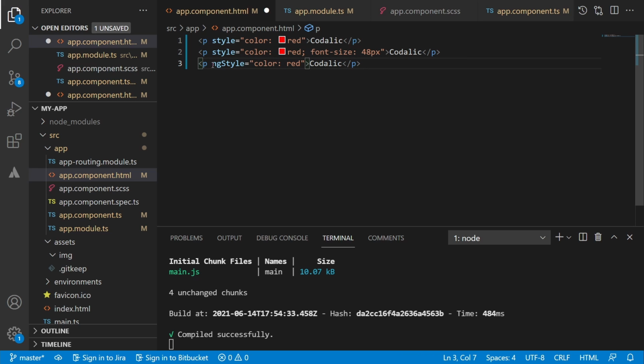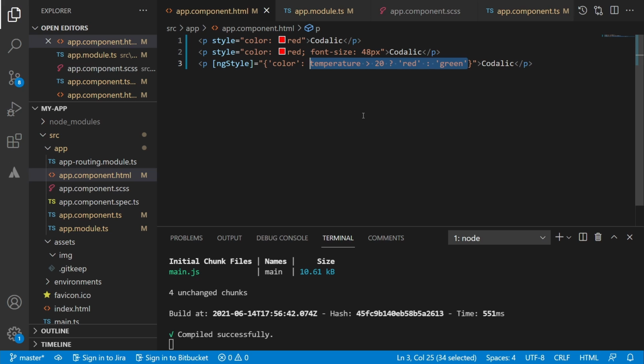So for that we have to use the ngStyle directive, and we will also have to use the syntax of property binding. In this case it will take an object, so we will have to enclose everything within curly braces, and as color is the CSS property that we want to change, then we have to enclose it within quotation mark, and then we want the color of this paragraph element to be changed based on the value of the temperature. So here I am using a ternary operator.